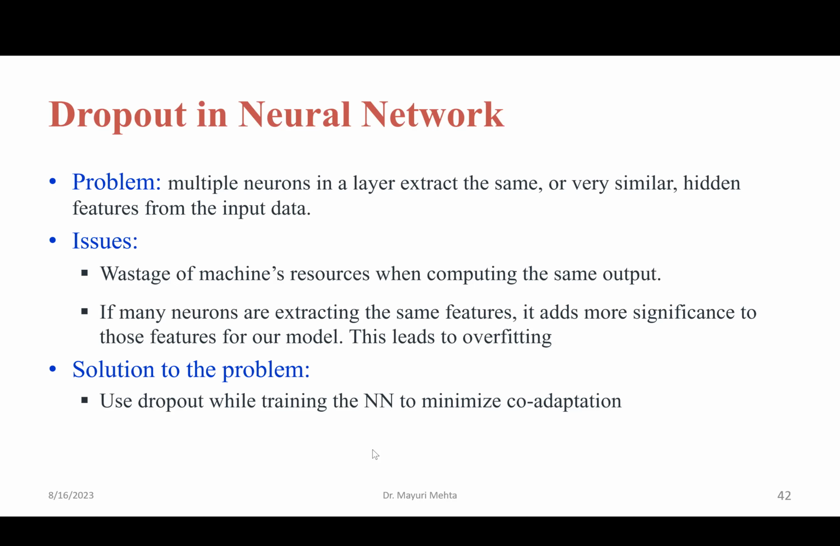Now, what is co-adaptation? Co-adaptation refers to when multiple neurons in a layer extract the same or very similar information from the input data. Multiple neurons in the hidden layer learn the same or similar features, similar information, from the input data. Then we may say that co-adaptation has occurred. And this co-adaptation can happen when the connection weights